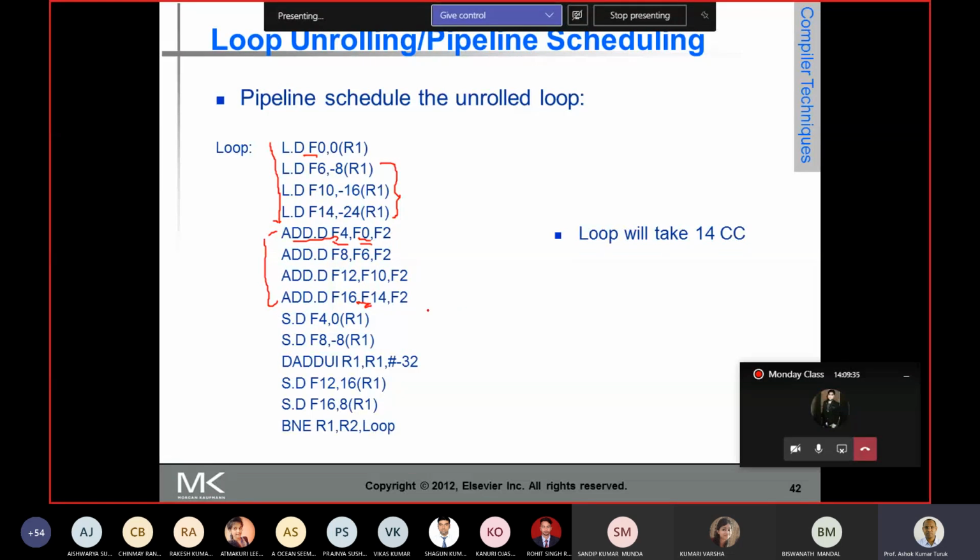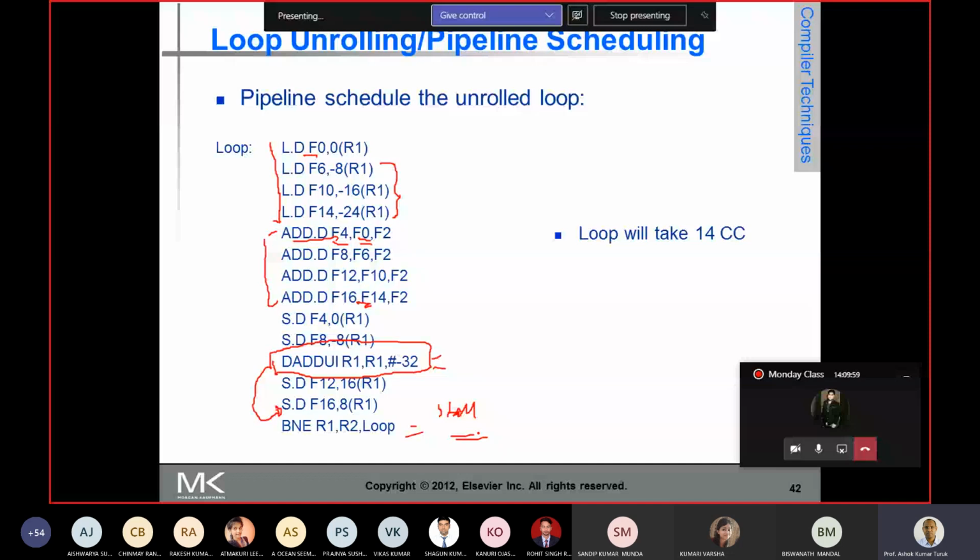Let's say you put all the store instructions, and let me remove this add instruction for timing and move it to here. If I do this, this add instruction I'll put here, then between this add and this branch there will be a one stall cycle.